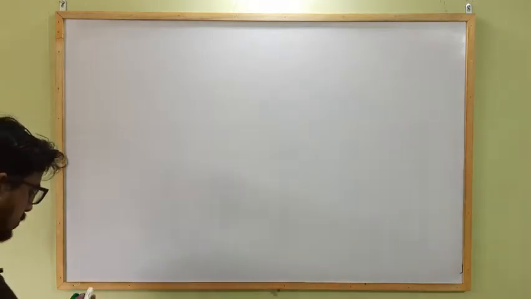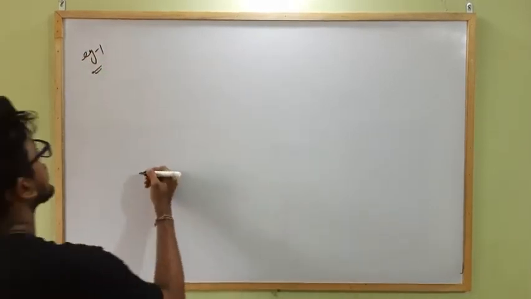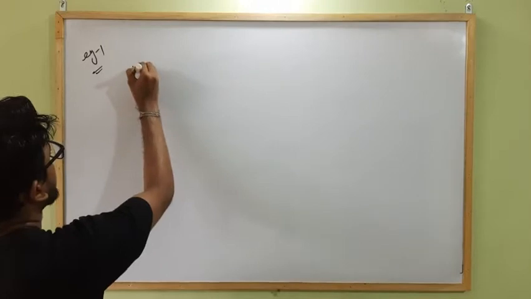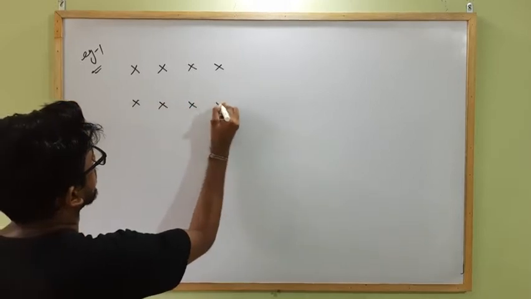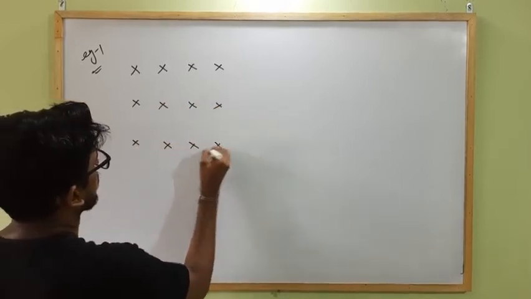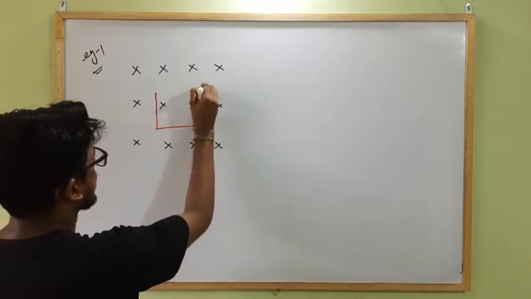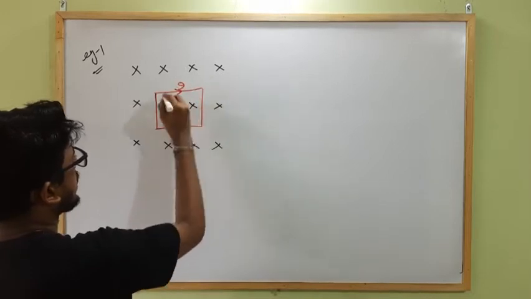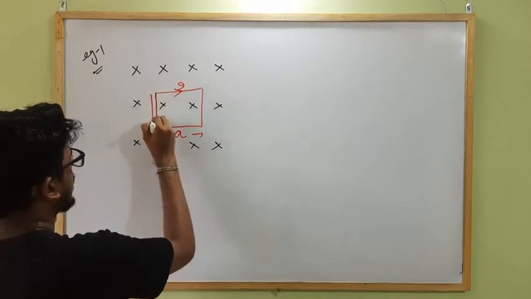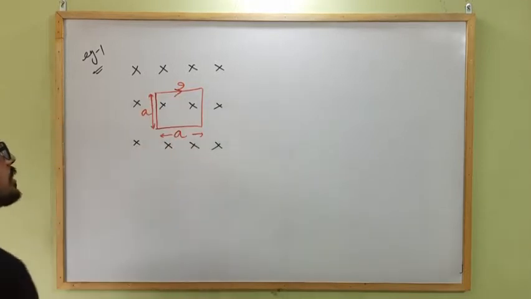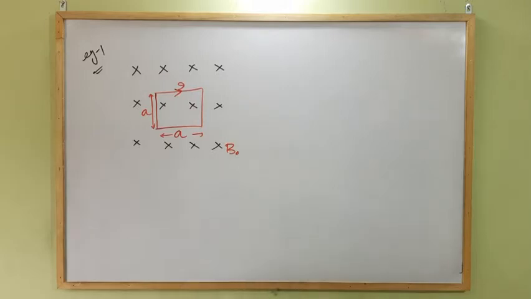Okay, so now let's discuss some numericals. Example 1. Here is a magnetic field which is acting into the plane, and a current carrying coil carrying current I in clockwise direction. A square coil of length and width both A is present inside the magnetic field of strength B naught, which is acting into the plane, and it is uniform.